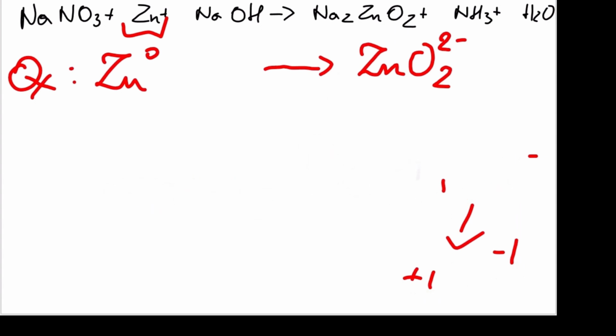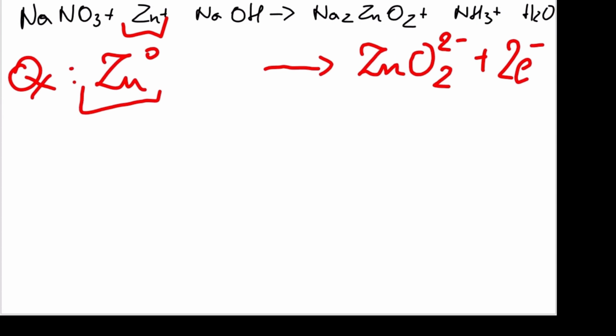So okay, we have zinc on the left and zincate anion on the right. Of course, there are two electrons. It's an oxidation reaction. So this zinc atom in the metallic form loses these two electrons. Okay, so we need to balance the mass. On the left side there are no oxygen atoms. On the right side there are two oxygen atoms. You remember that this